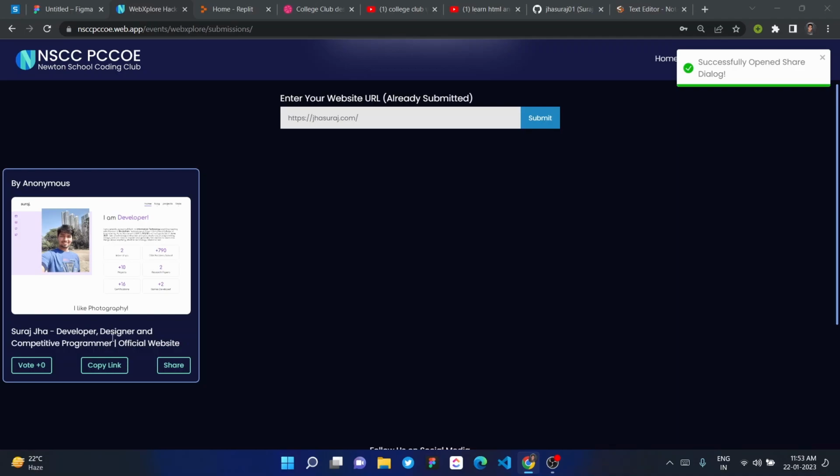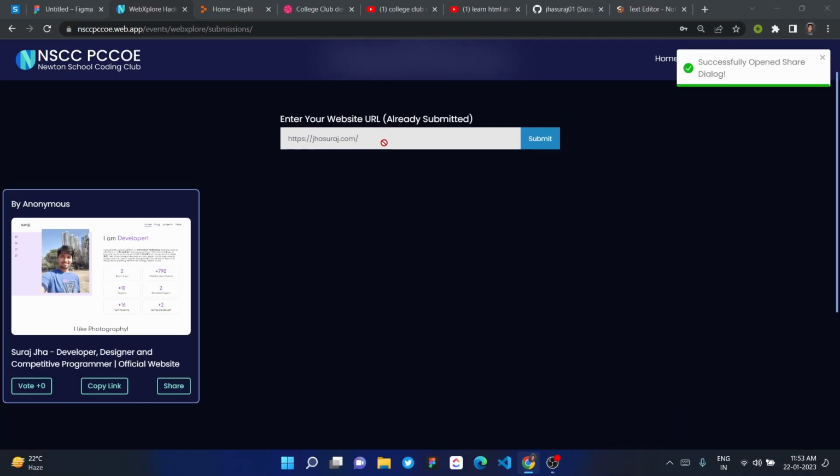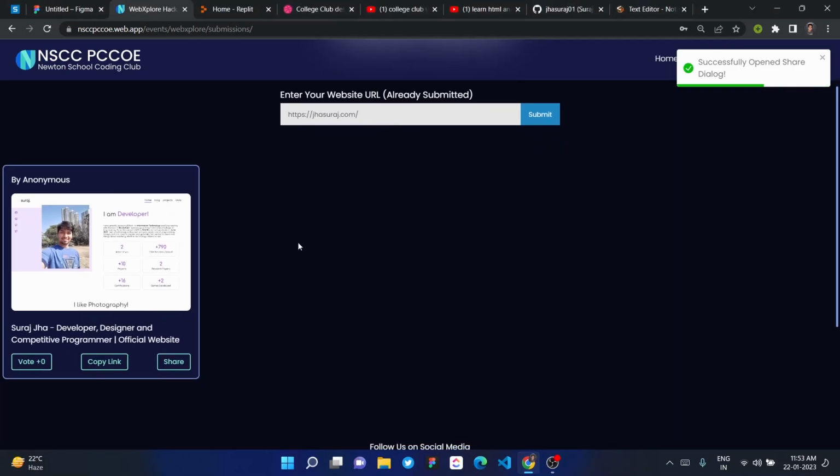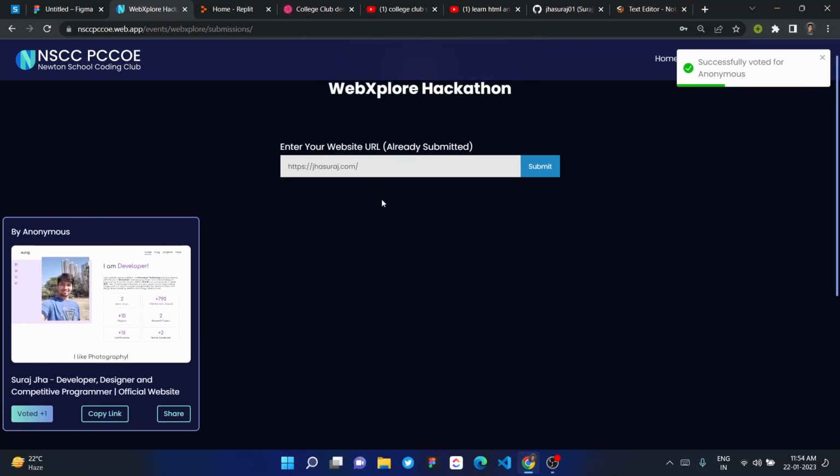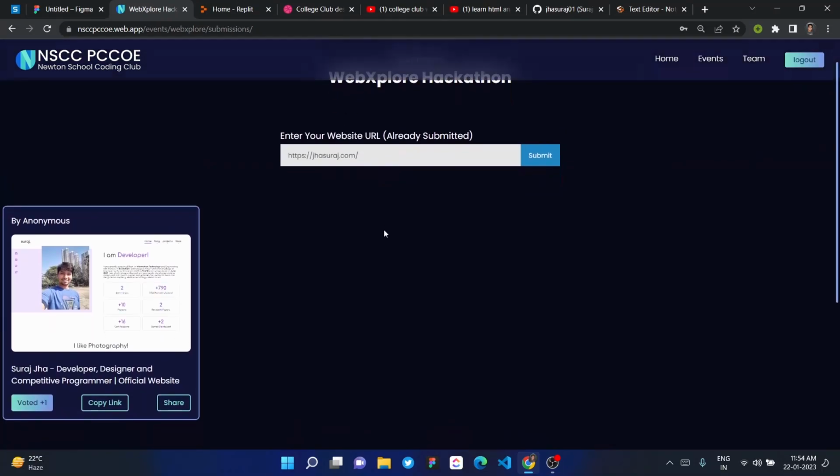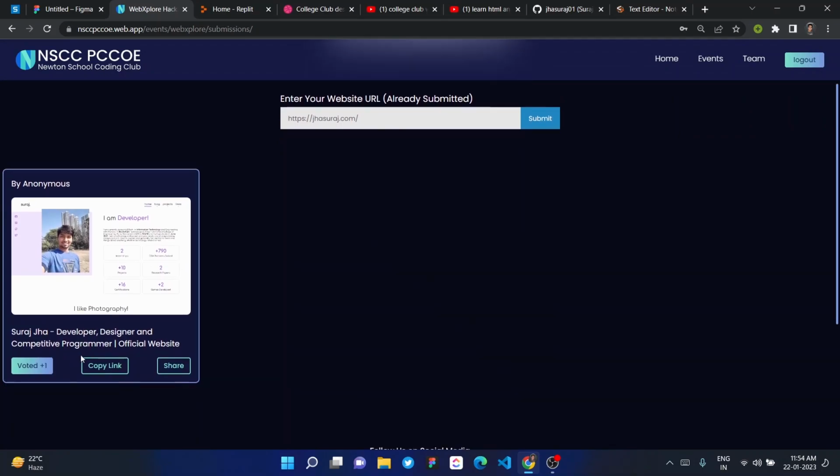Now, after making a successful submission, we will evaluate your Lighthouse score, plus your site is now available for everyone to vote. You can also vote on your own submission. When you click here, you have got one vote. I will explain the hackathon evaluation scheme in a bit. All of this is needed. Your website submission is needed, as well as this voting plays an essential role